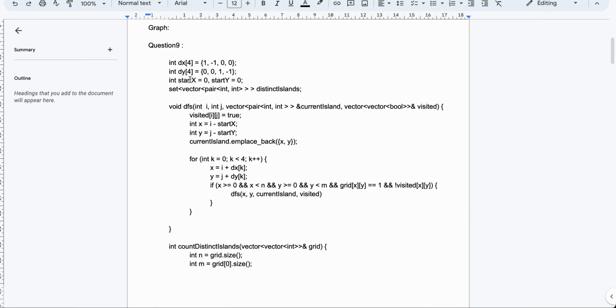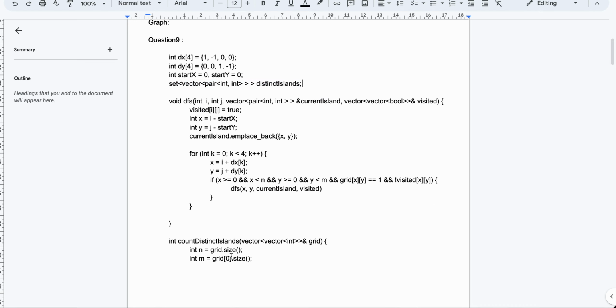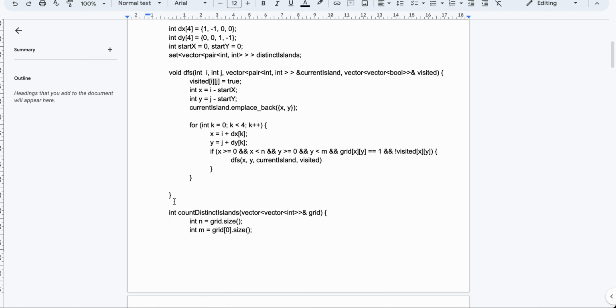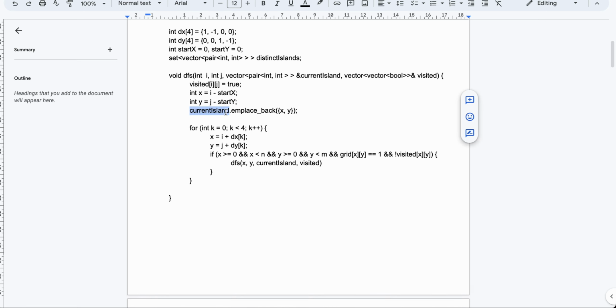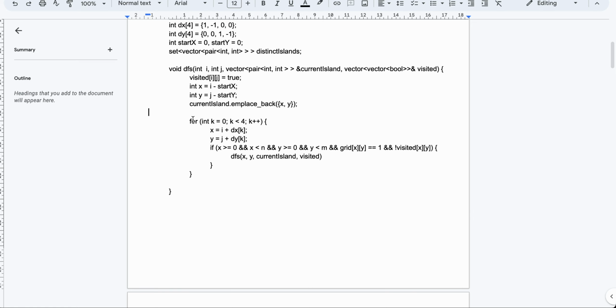so let's see, start x, start y, and this can come inside this function. Okay, so mark it as visited. What's the location x, y? Put it inside my current island, and for k